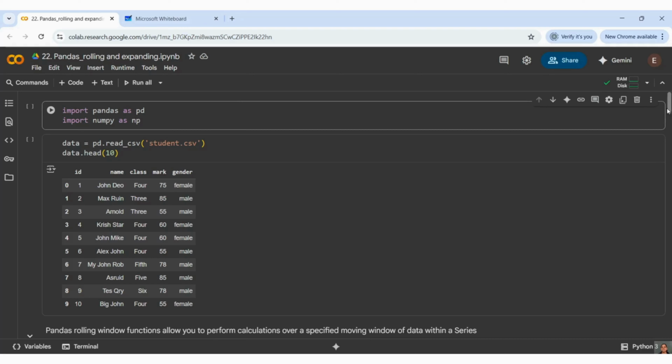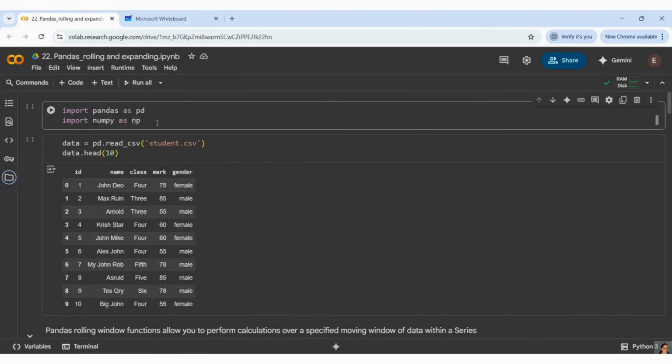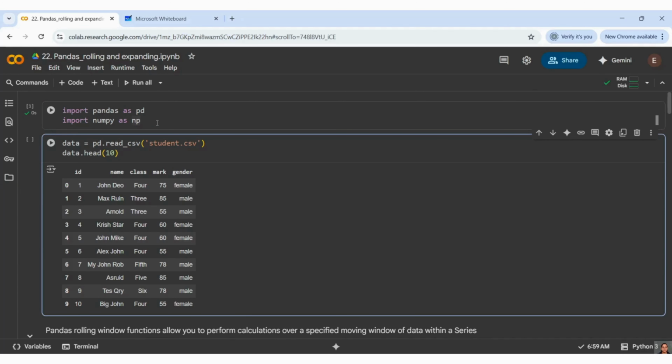But let us understand this. This is just for understanding. It is not going to be used much. However, I am going to show you how we can use rolling and expanding in our date time series. So let me load my dataset. Okay, I have already loaded my dataset, student.csv, and let me run my pandas and numpy libraries.